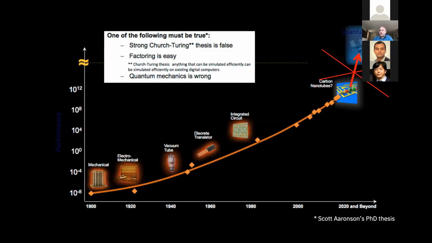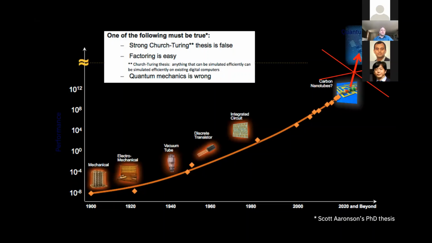One possibility is quantum mechanics might be wrong. It may be that we're never going to be able to build a quantum computer because there's something fundamental about the universe we don't understand. That would be really exciting. That would be a Nobel Prize for somebody. Another possibility is that factoring is actually easy and we've just never found the efficient classical algorithm for it. That would be another really amazing result. Someone would get to go someplace very special if that turns out to be true.